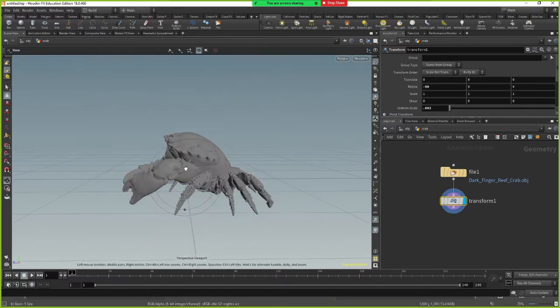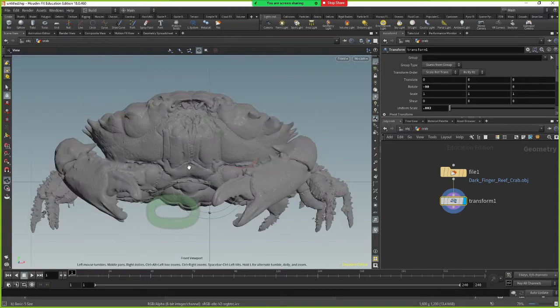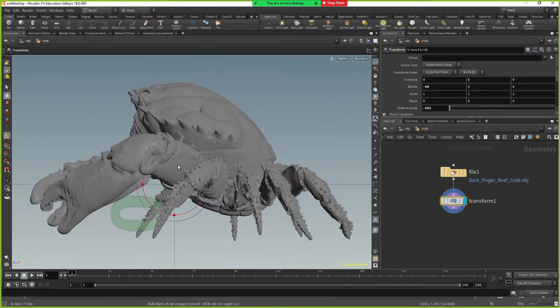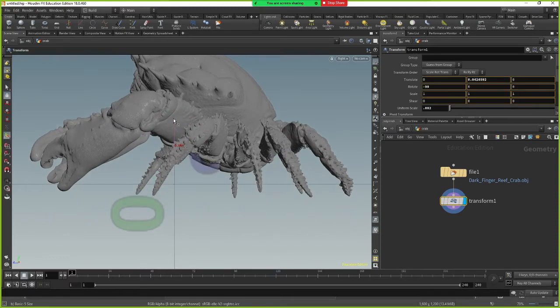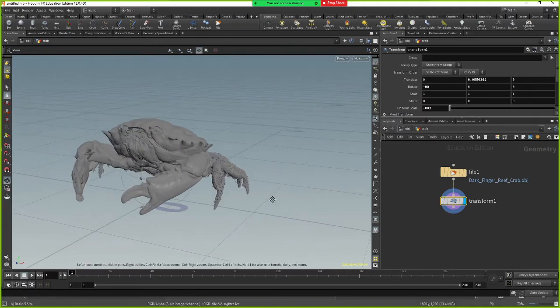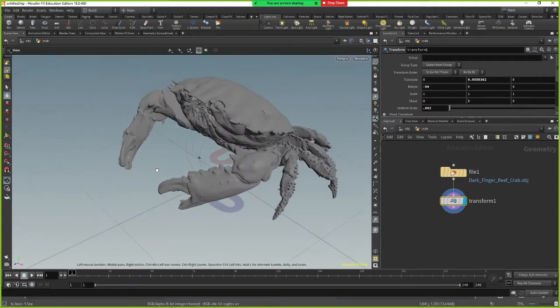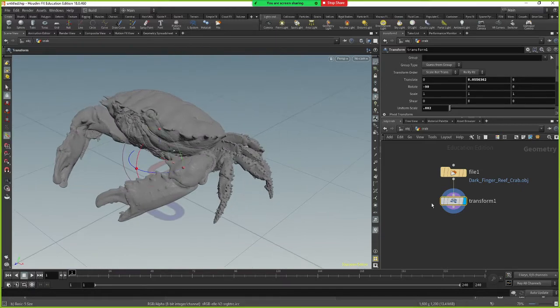Spacebar 1 is your perspective. Spacebar 2 is top. Spacebar 3 front. Spacebar 4 side. So I go to the side view, move it up. Spacebar 1. So okay, now I'm going to process it. Let me just move it slightly higher up,